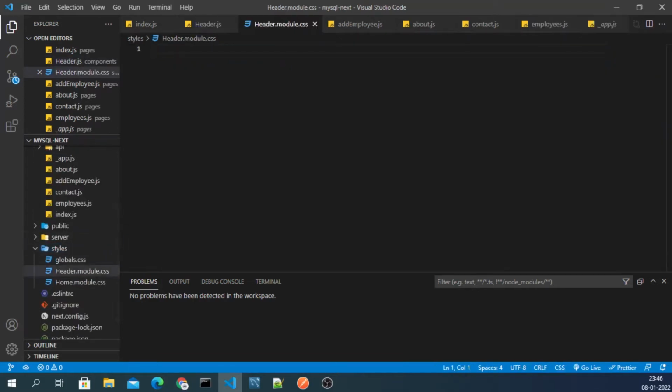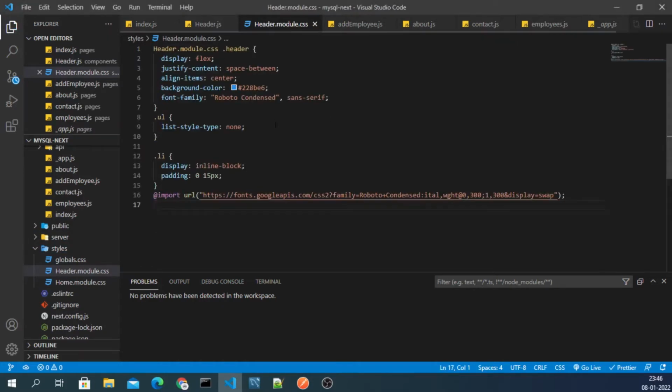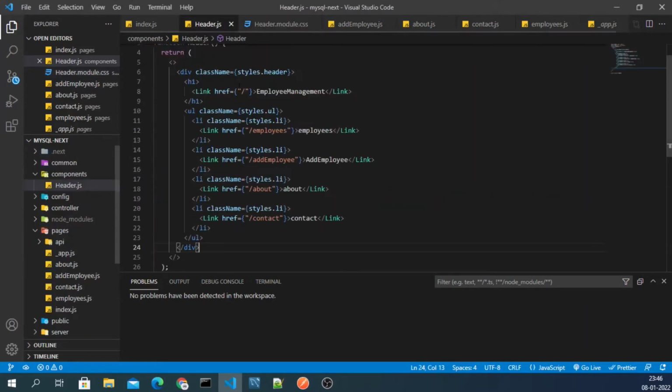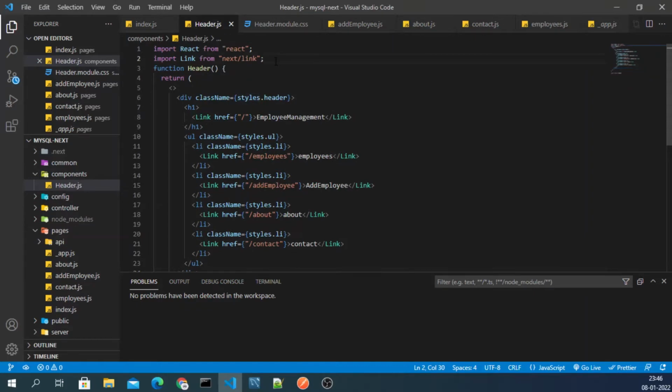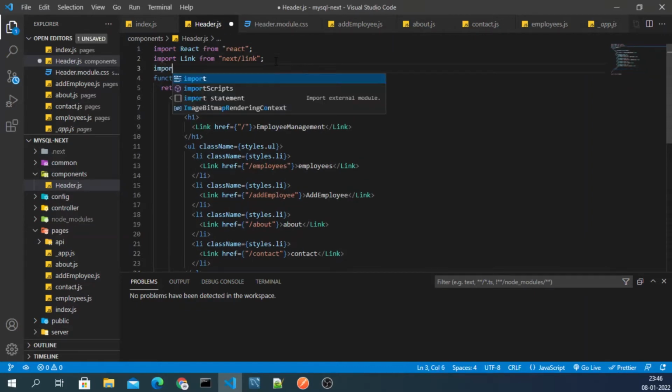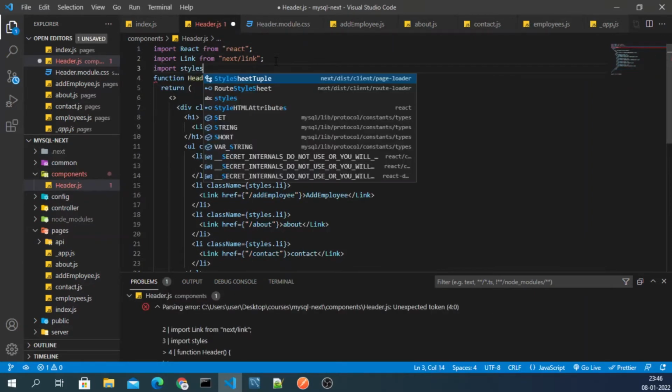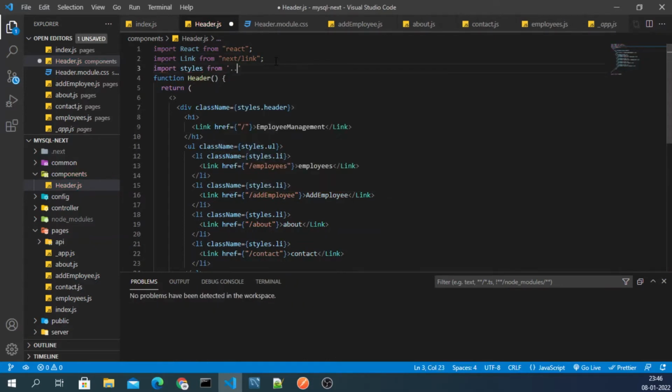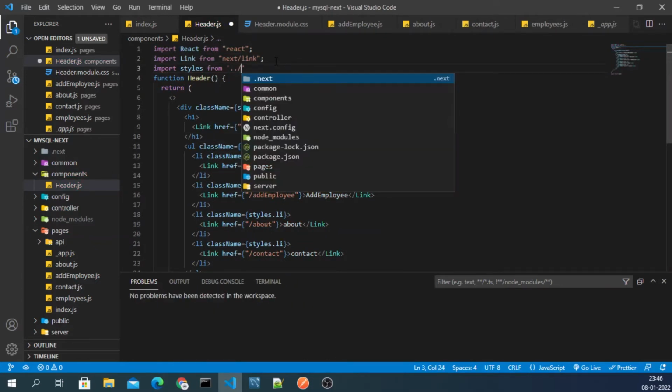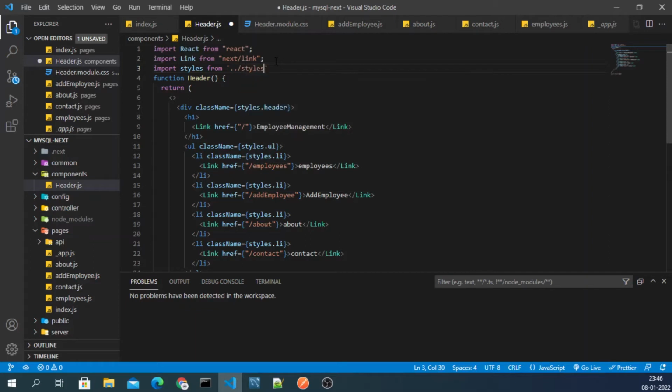And in this file I'm going to put all my CSS, like this. And after that I'll just need to import styles from style, and then here we have header dot module dot css.